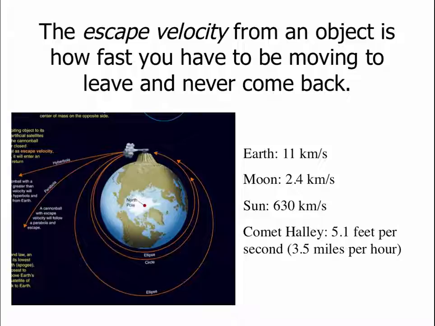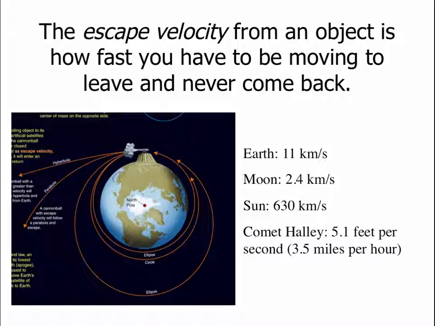Now, if we shoot the cannonball a little faster, the cannonball will fall slower than the Earth's curving away from it, and so it gets a little further away from the Earth, but eventually gravity brings it back around, and this orbit again would come back and hit the back of the cannon. So, depending on the speed at which we fire something, the cannonball can either fall to the ground or orbit the Earth. If we shoot it fast enough, and for the Earth it's about 11 kilometers a second, really 11.7 kilometers a second, the cannonball will go off and the Earth's gravity will not be able to pull the cannonball back. It will escape into space and never return to the Earth.